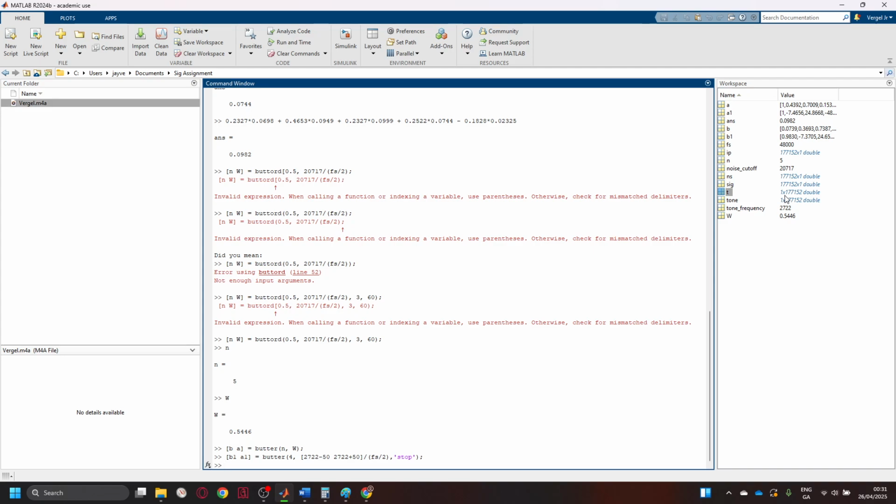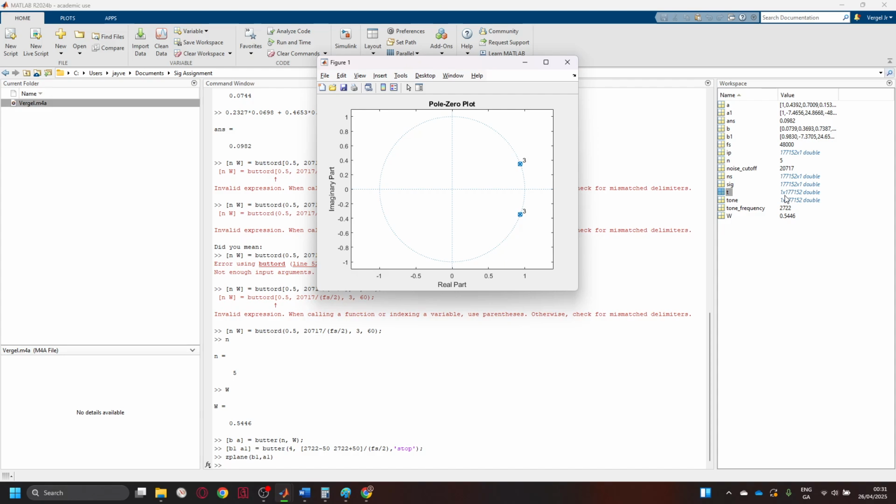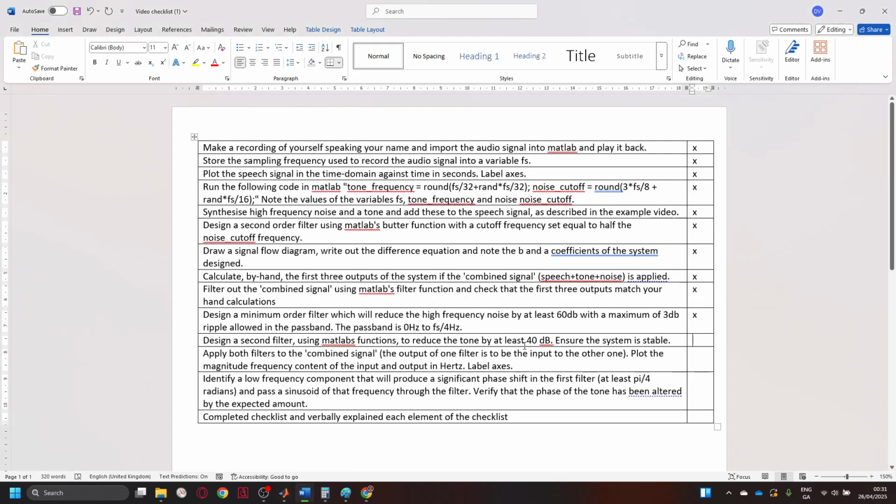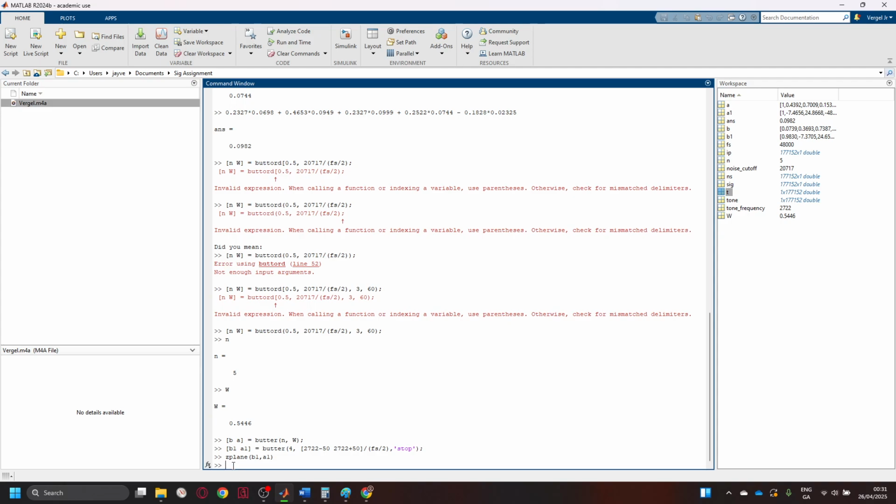Now to see if this is stable, we're going to use the Z plane. Now, as we can see, it's stable because everything's within the circle. So the poles and zeros are all within. So in order to check if that actually attenuates by 40 dB as requested,